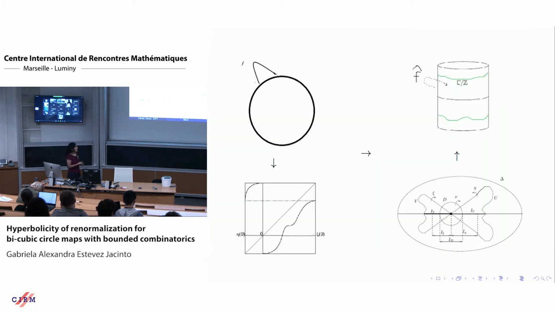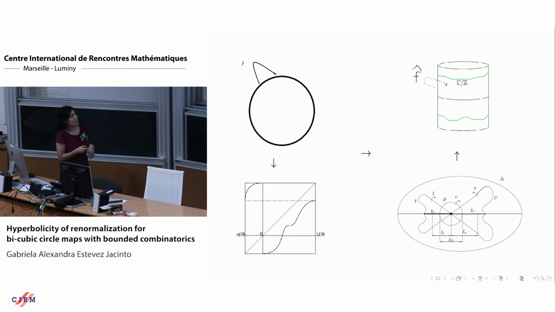Okay, so I made this picture to show how Yampolsky did that. You have your circle map, you have your pair, and under certain conditions on the rotation number, you can obtain this, which I call a butterfly, a holomorphic pair. The idea, in the case of Yampolsky, is to find a Banach manifold where renormalization is a dynamical system, so you can study the hyperbolicity of that dynamical system.